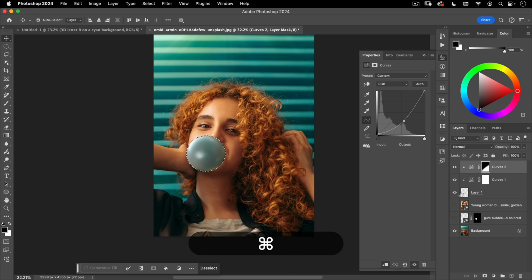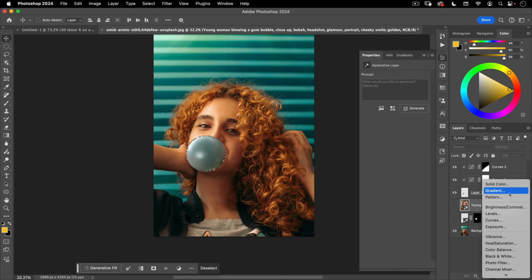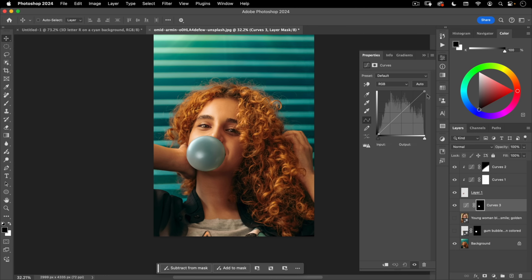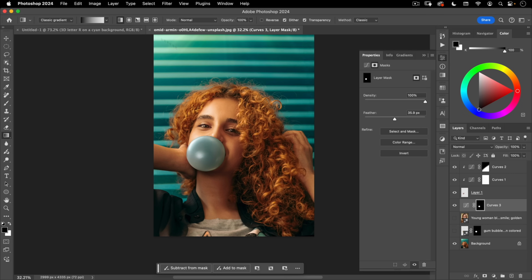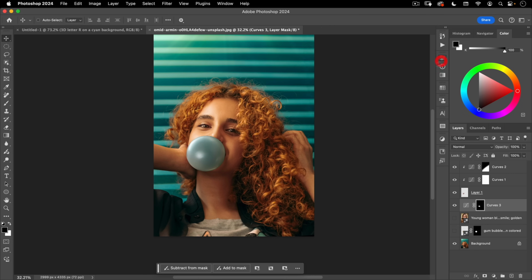So I'll go ahead and command click on that layer to select the transparency, go underneath it and add a curve. Make this curve just a little darker. Move the mask over to the right just a little bit. Go under the mask properties and add a whole bunch of feather to that. And then again with my gradient tool, just get rid of that at the bottom. So something like that. And there you can see how you can use this to add elements or add assets